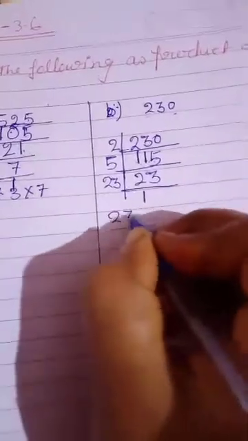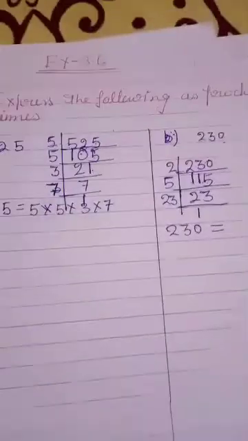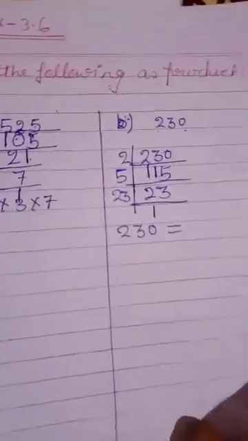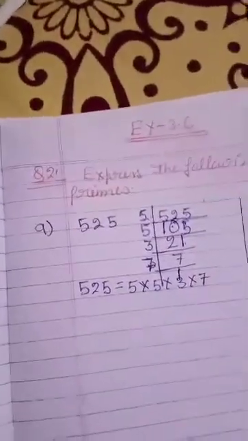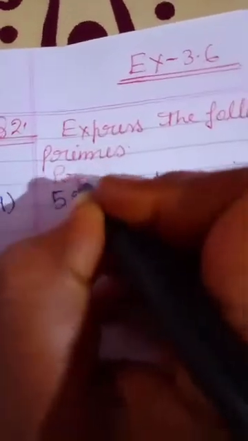So 230, how can it be written? 230 is the multiplication of all these factors. What is the meaning of prime factorization? First of all you will write the prime numbers. What are the prime numbers? In the last topic I taught you the prime numbers, meaning numbers other than which you cannot do the division. I am writing the prime numbers here also. You just see there, prime numbers.